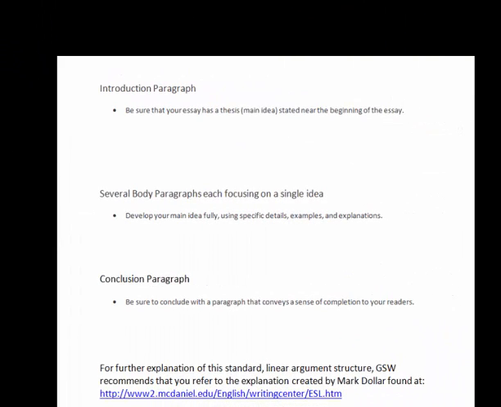There are several common elements in many aspects of Western writing. Three of them will be discussed here. The first is that almost all academic writing contains an introductory paragraph. For your placement essay, be sure that your essay has a thesis or a main idea that's stated near the